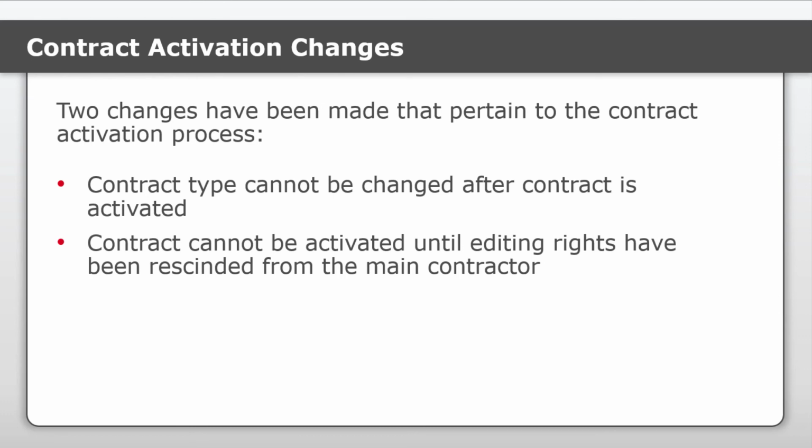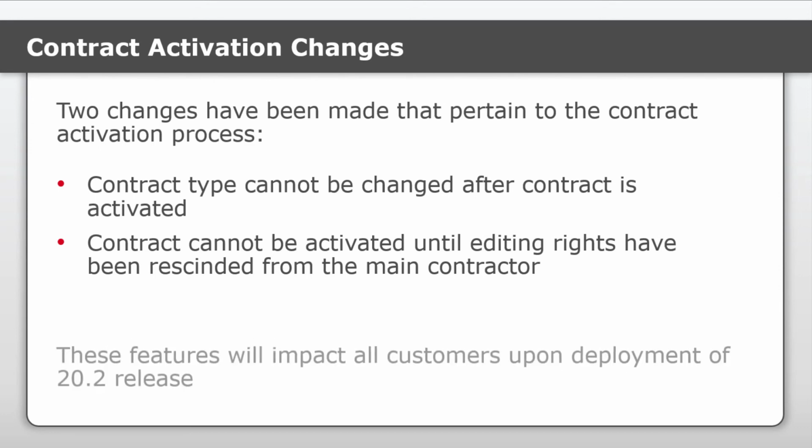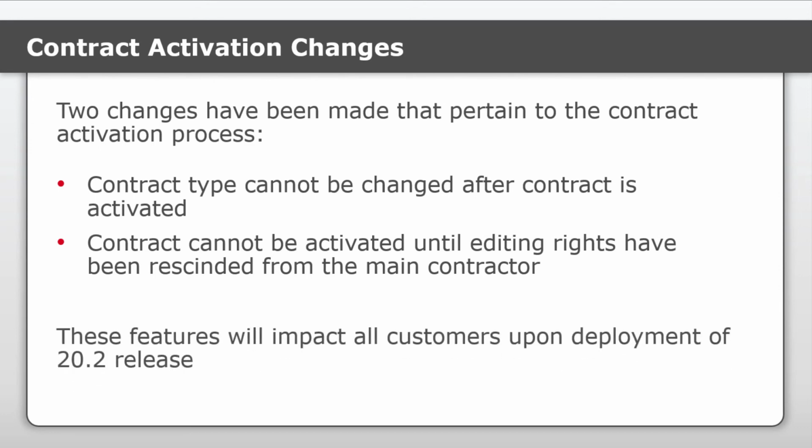Second, the contract cannot be activated until editing rights have been rescinded from the main contractor. This ensures that the main contractor cannot make unapproved changes to the contract after activation. So if you have fields available for main contractor editing, you must recall editability before you will be able to activate the contract. These changes will impact all customers and will become effective immediately upon the deployment of the 20.2